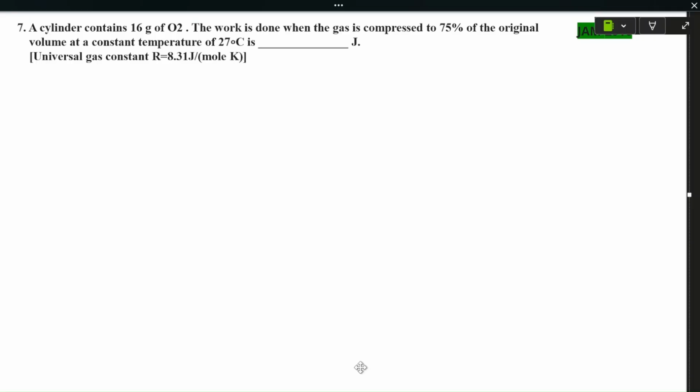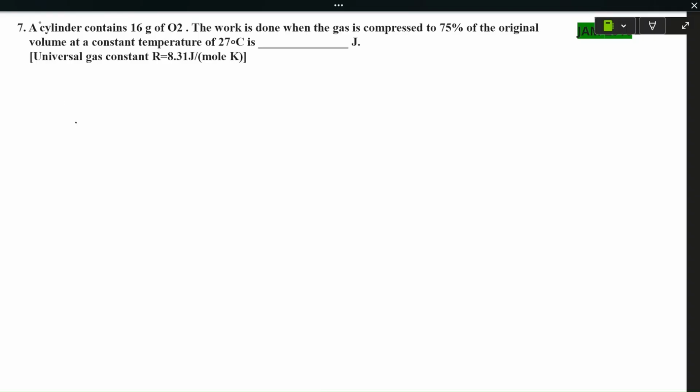So now we continue our second class of Thermodynamics PYQ of IIT JAM. In the last class we discussed at least six questions. Now in this class we will discuss more. So our first question today is